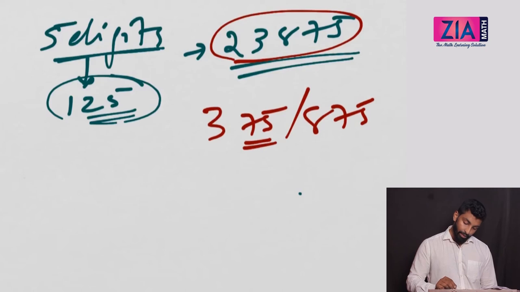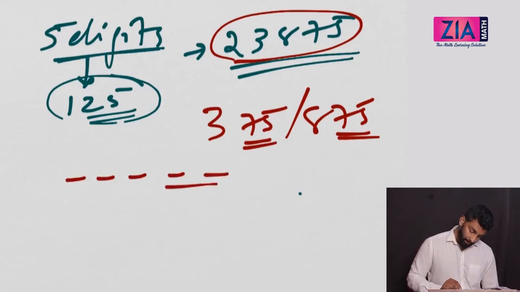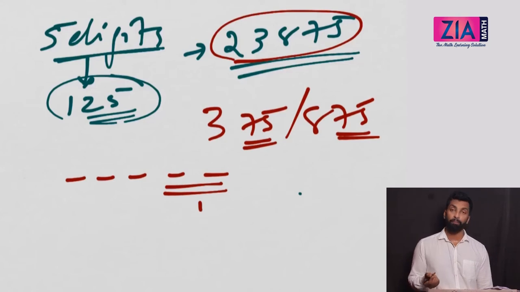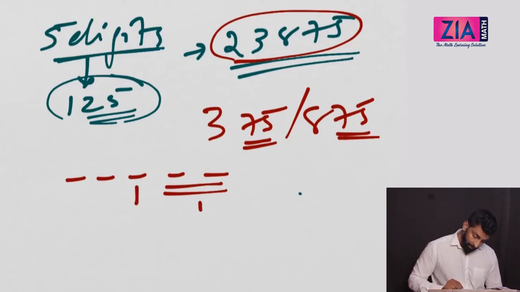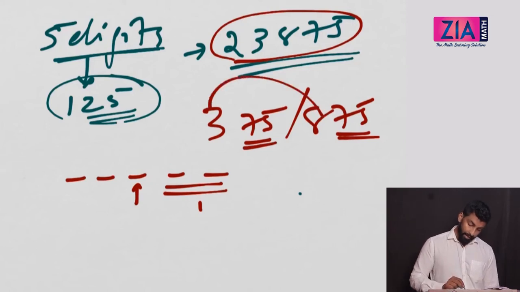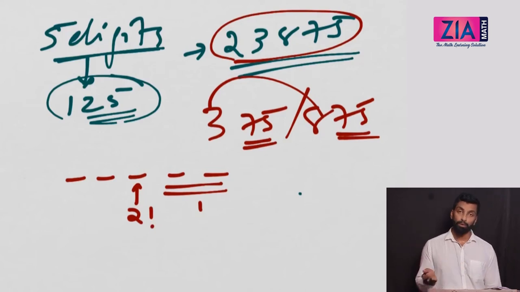So we understood that the last 2 digits are anyway fixed, right? So if you have 5 digits, these 2 digits are fixed. So you have only one way to get this, right? Now we need to fix this, right? How many ways can you do that? You have two numbers, right? So you have 2 factorial ways, right? Any of them can be used to fill this, right? So you have 2 ways,